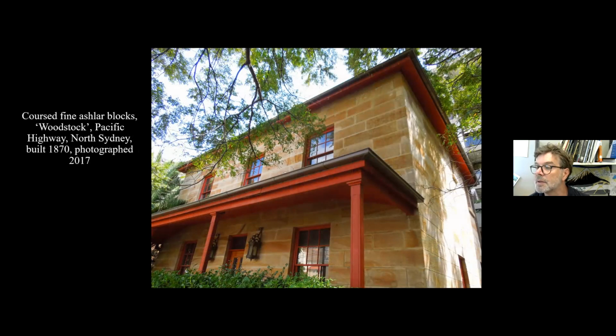This is even more finely dressed stone. This is Woodstock on the Pacific Highway, still there, 1870s, a bit later. You can see the slightly different coloured stone there, but really, really marvellous sandstone. You can go right up to that. There's no fence around it, and look at the peak marks. I suspect if you looked at the mortar between the blocks, in both Camden Villa and Woodstock, you may see little bits of shell. So it would be lime mortar, which is made by burning shell.